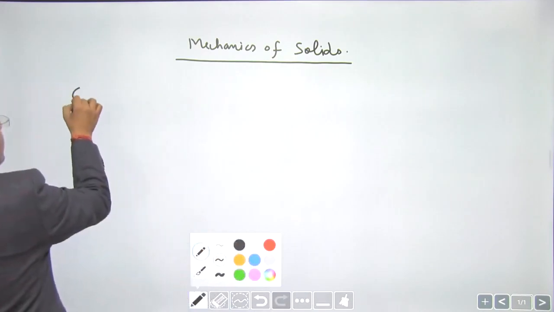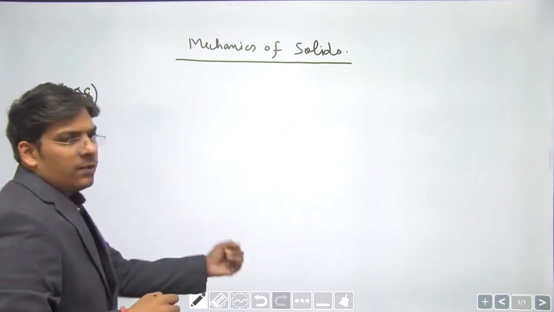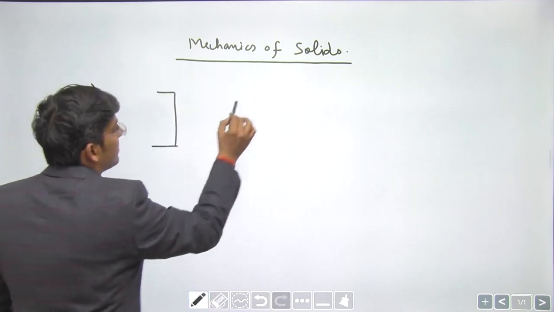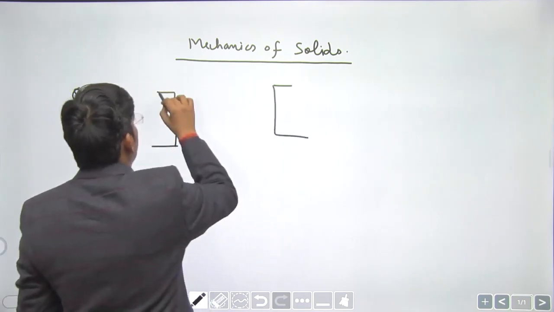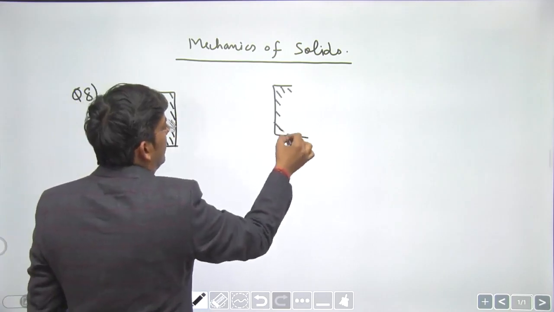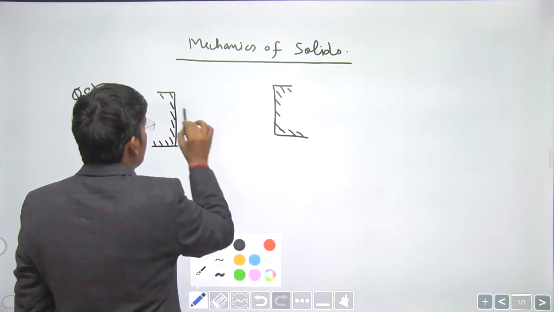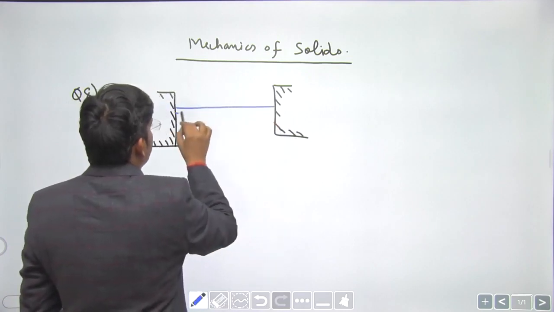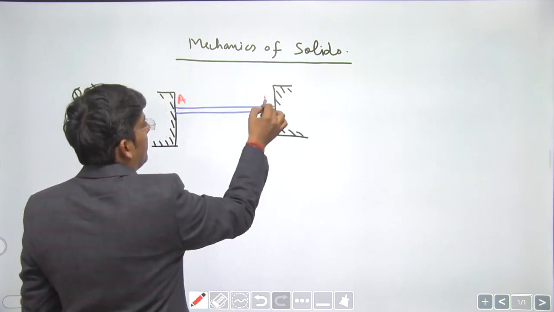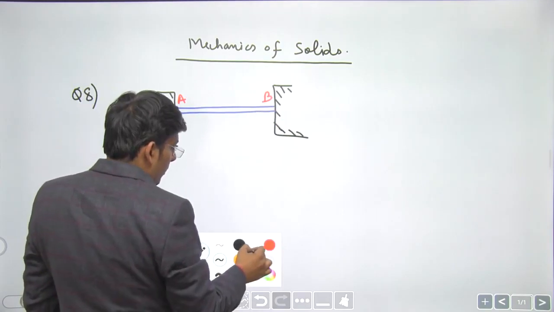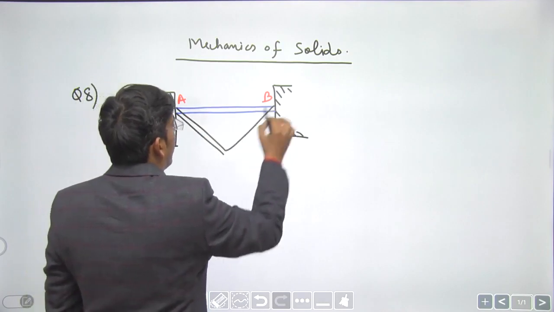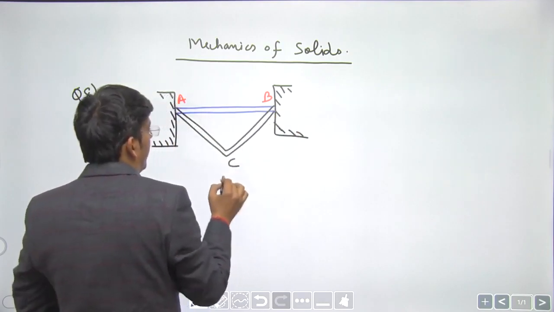Now, the next question is going to be very interesting and very important. This is actually a similar type of an NCERT question. These are two rigid supports, dear students. It involves little maths. See, a wire or a string is rigidly held between the supports, okay? Length of the wire being AB. Now, this wire is plucked from the middle till the wire makes this shape ACB, right?